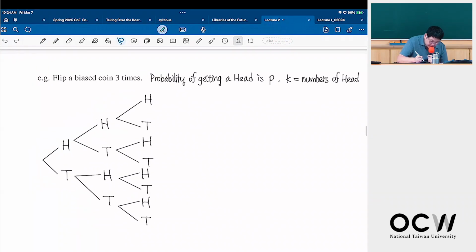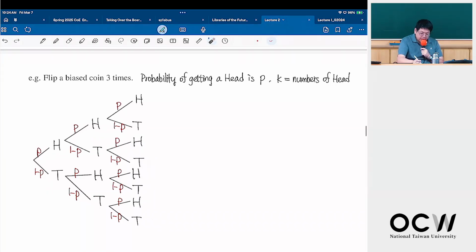Okay, so the probability of getting head is P. That means getting the tail, there'll be 1 minus P. So when you get the head, that probability is P. Getting the tail, the probability is 1 minus P. So now, after you draw this branch,